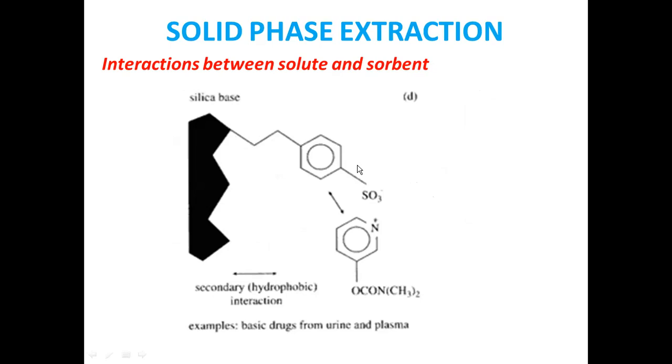So these are some examples I can quote. Whatever the sorbent, if you use either unmodified silica, along with Florisil or magnesium silicate, alumina, polar interaction is possible. And if you use modified silica such as hydrocarbon modified silica, octylsilane and octadecylsilane, a non-polar sorbent is used, where dipolar attraction is possible and hydrophobic interaction is possible, and even van der Waals interaction is also possible.